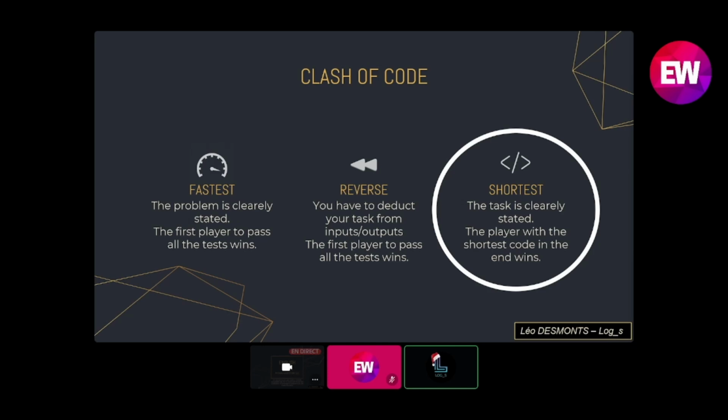So you can actually choose any language you want. But if you want to be efficient in shortest, I would not recommend to code in languages like C++ or Java. Python is actually widely used, but you might have to be careful if competing against players that are coding in JavaScript or Ruby. Those are languages that are particularly efficient in shortcode. So that's where we Python players have to be very resourceful.